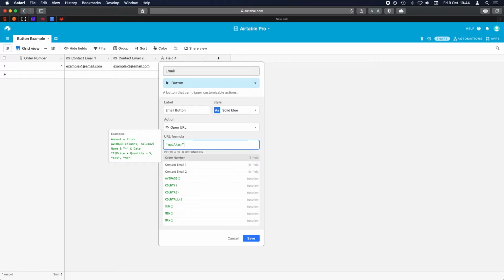So we're going to use mailto, and now that we've got our mailto, we now need to add in our email addresses. So we can use the AND button, and then we can simply tell Airtable that we want to send our emails to contact email 1 and contact email 2. So we click here, contact email 1,